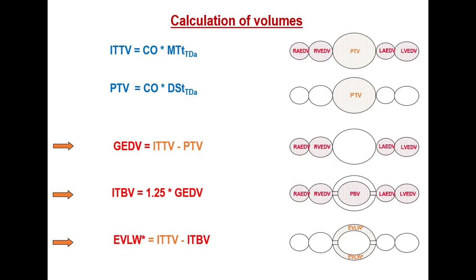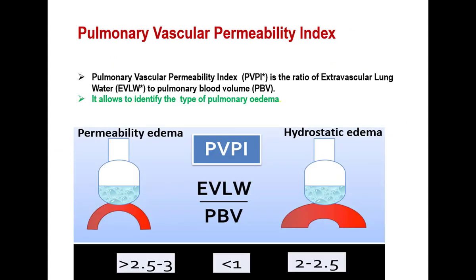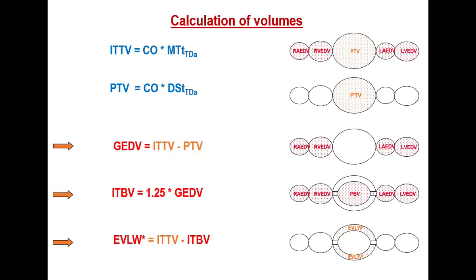If we subtract intrathoracic thermal volume from intrathoracic blood volume, we get what is called the extravascular lung volume, or the extravascular fluid, or the congestion fluid, or the pulmonary edema fluid. So this is the most useful parameter which is obtained from transpulmonary thermodilution. Can this be obtained from a PA catheter? No, because it doesn't go through the lungs at all. It is just stopped right. Injected here, measured in the PA. Doesn't even go through the lungs. So that's the importance of this.